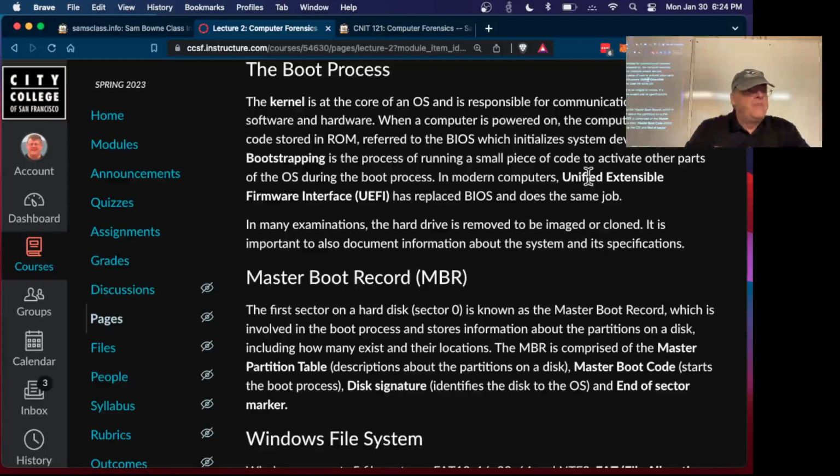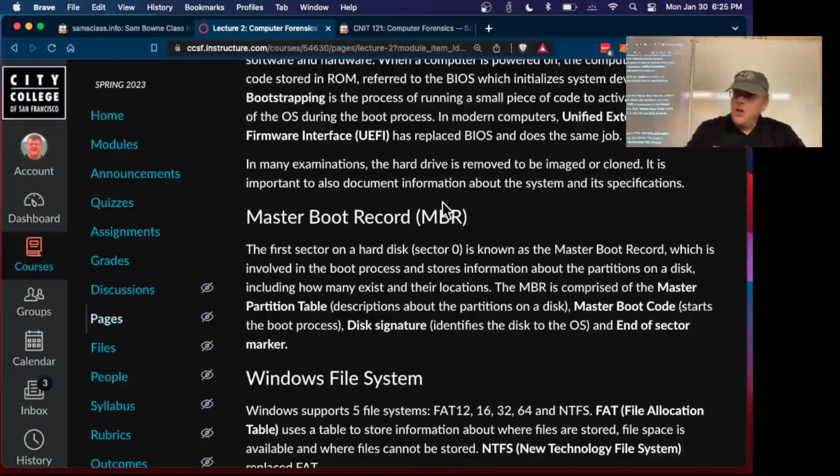Anyway, when your machine boots up, it loads up the kernel, then it does bootstrapping, which will hunt for another storage device that might contain an operating system and then load the operating system. In the old days, this was done with BIOS, Basic Input-Output System. Now pretty much everybody uses UEFI, which does the same job. It's a more advanced system that can look through more devices and partitions to find an operating system and load it. It can also do a secure boot, which is an attempt to cryptographically verify everything while it's booting to make sure nothing has been altered,